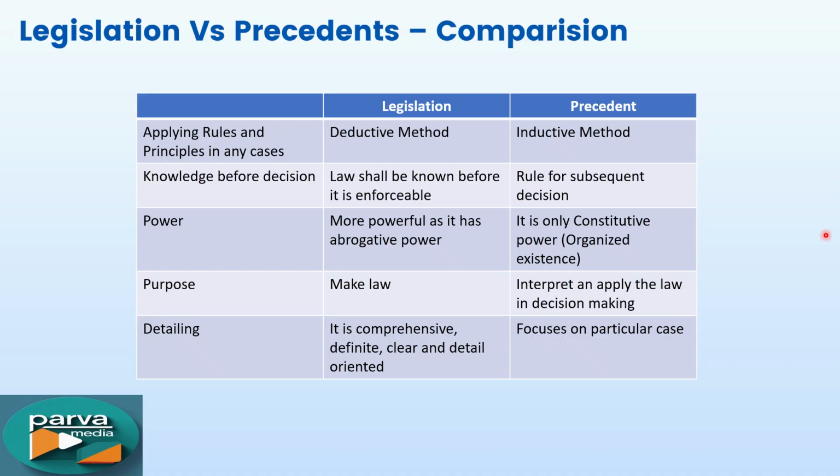So this comparison helps us understand how law is both crafted and shaped: legislation, where law is crafted, and precedents, where law gets shaped, through deliberate enactment and judicial interpretation. Both are essential for us. They serve different roles in the legal ecosystem.